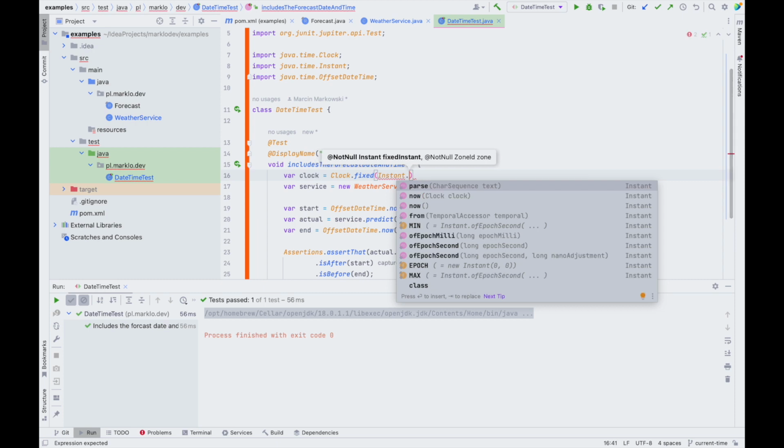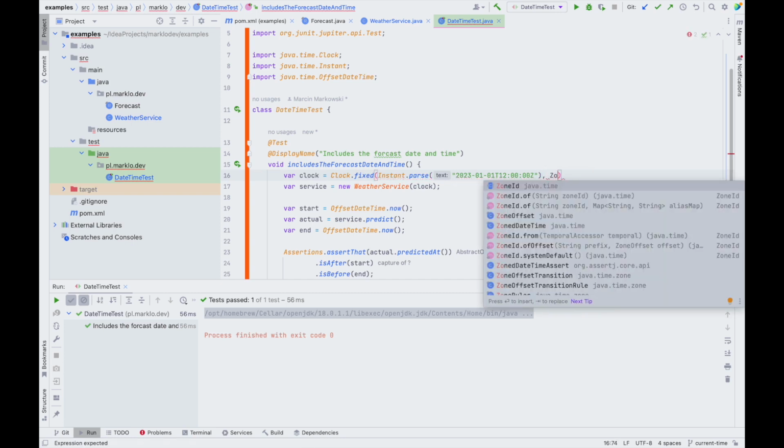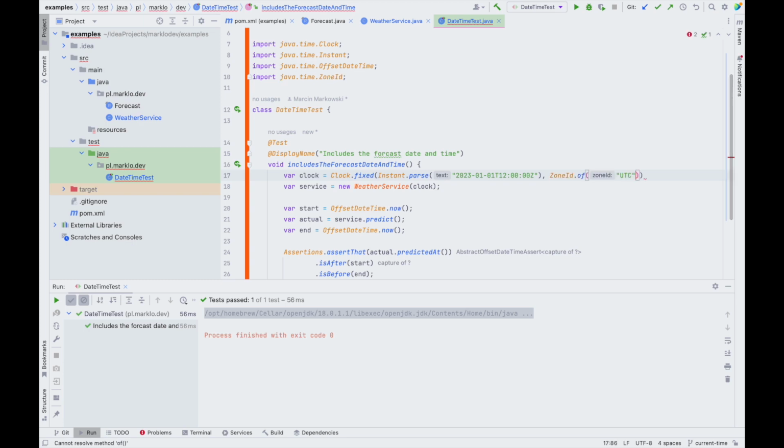And let's say that we want the clock to always be set to the 1st of January at 12 o'clock in the zone UTC. And by doing this, all calls to the offset datetime now that use the clock will use this value as